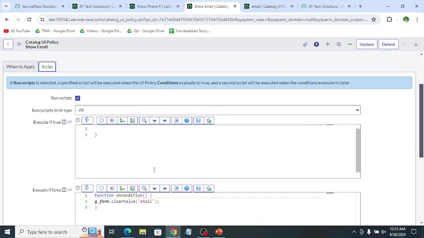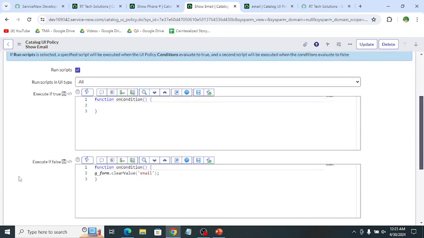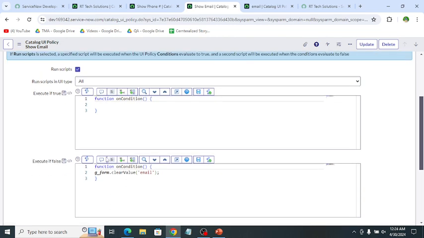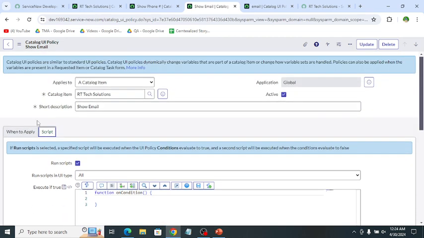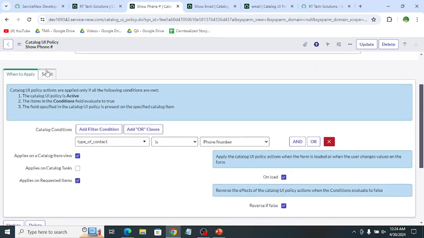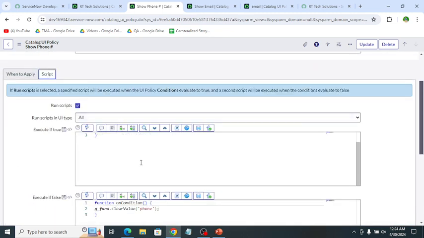In the script field, I wrote the script in Execute if false: g_form.clearValue. If the condition is not fulfilled, then it clears the value of this field. Same for the phone, I wrote g_form.clearValue phone.